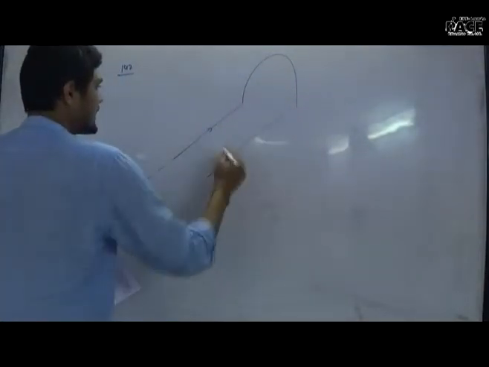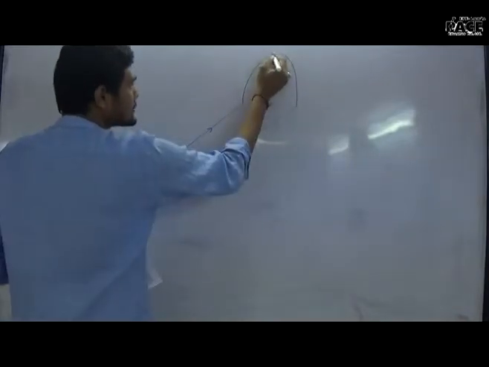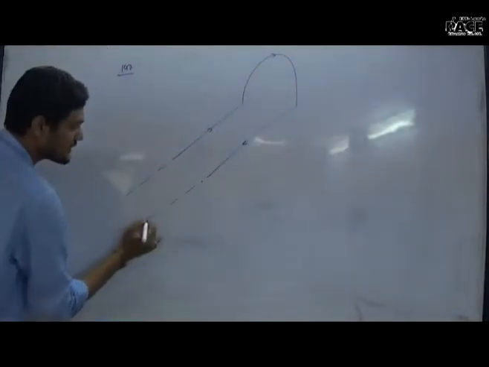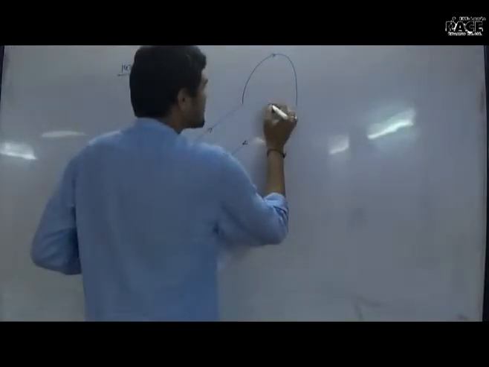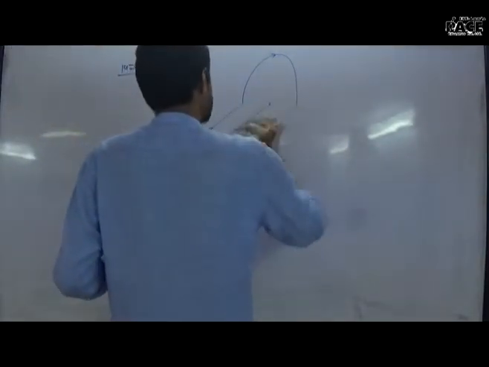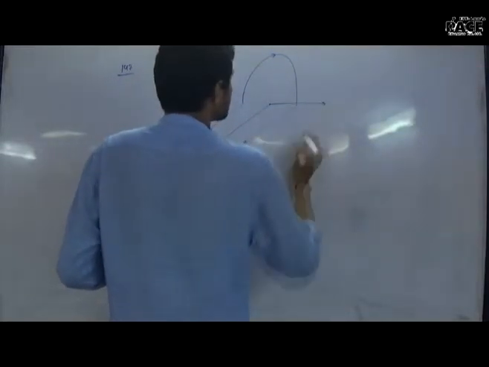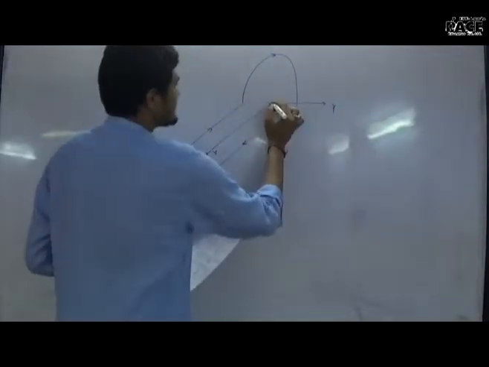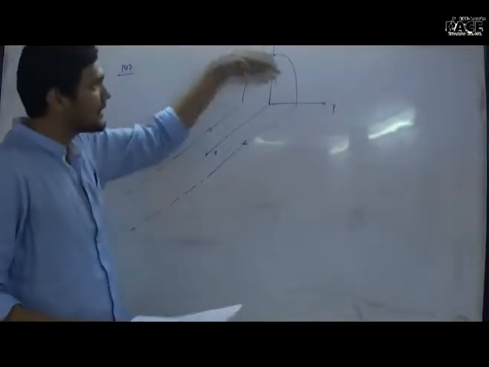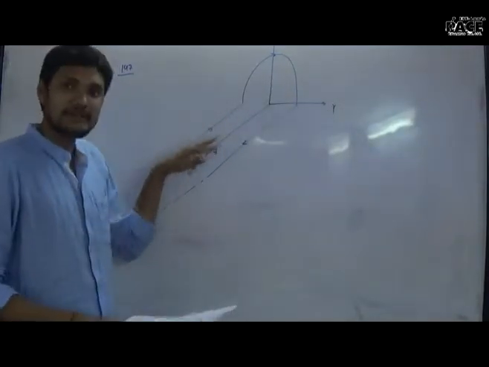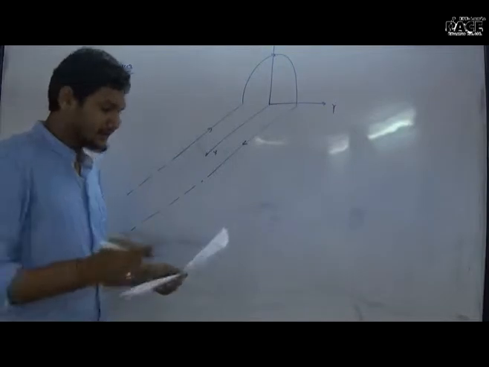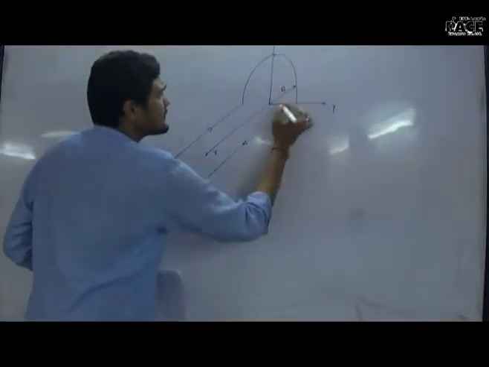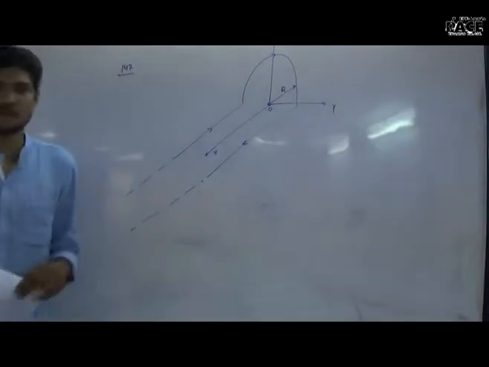There is a diagram given in this question. The current flows in the infinitely long wire, through this semicircular region, and then comes back through this infinitely long wire. We have to find the field at this point. The directions are given as this is the x-axis, this is the y-axis, and this is the z-axis. The semicircular portion lies in the yz plane, and the straight wires lie in the xy plane. We have to find the field, and this radius is given as r. Let's call this point O.